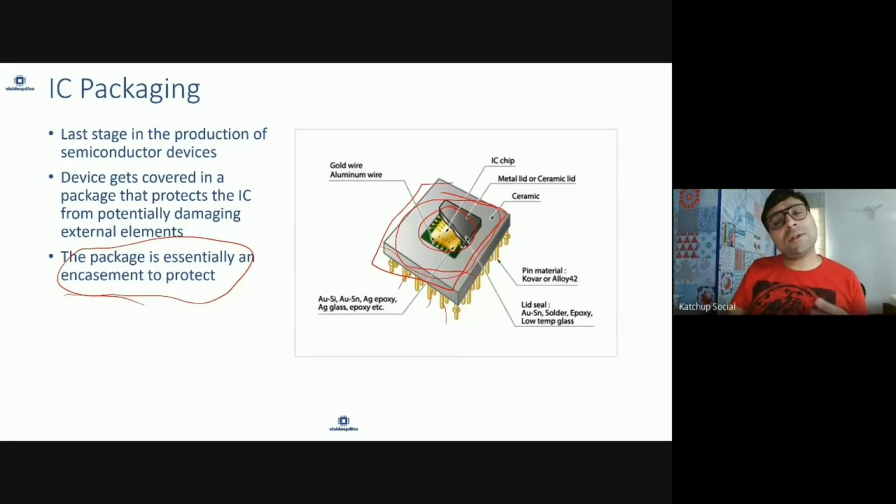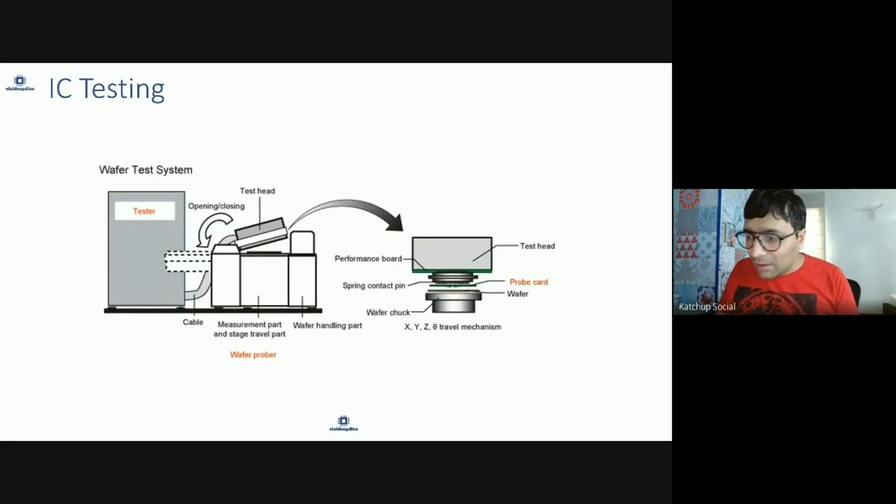Once you package it, you will then test it. Your chip, or wafer, you will put it in the tester. The tester will check that it's meeting the performance goal, and it's meeting the frequency goal. This can also be done